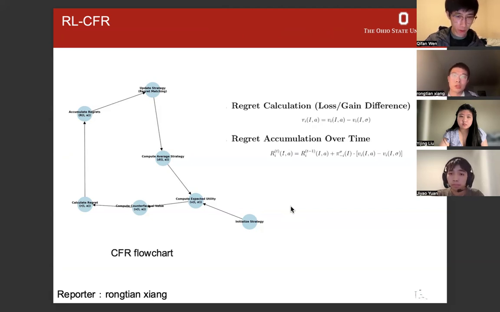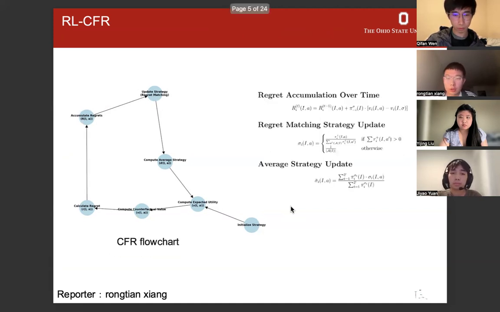Then at each iteration we add the current regret to the accumulated regret, and then we use the accumulated regret to update the future policy. Next page.